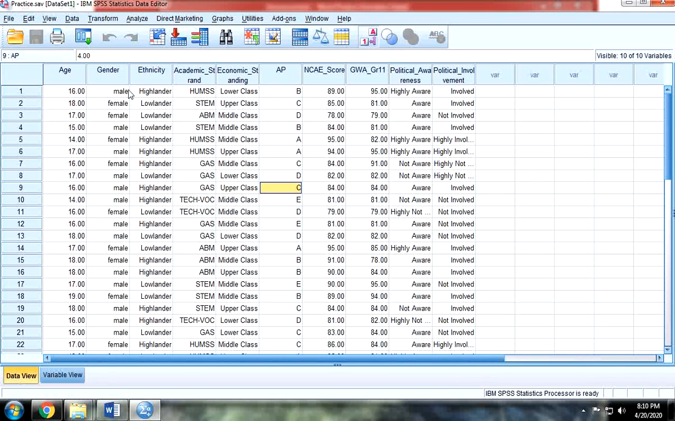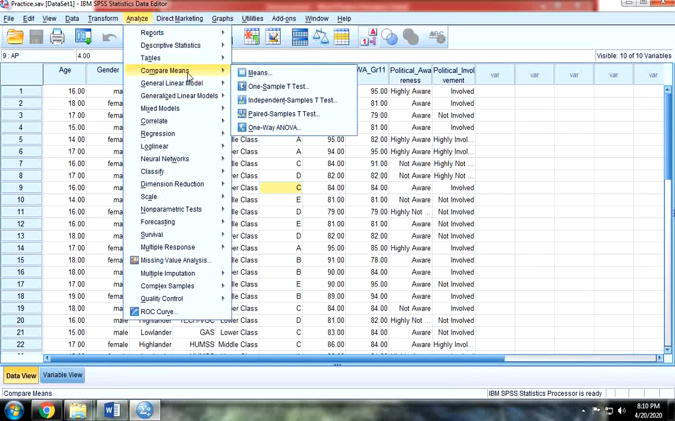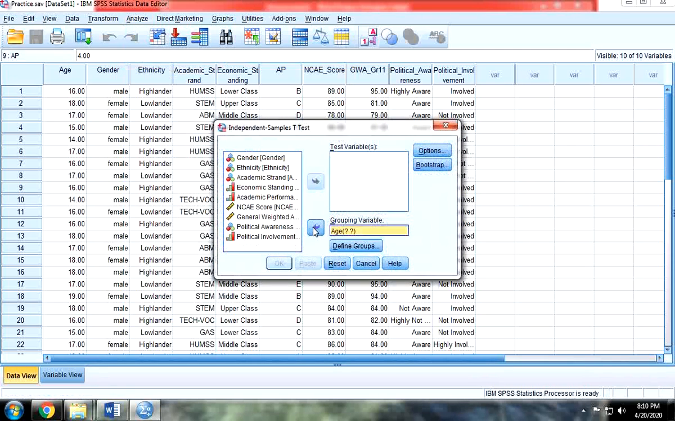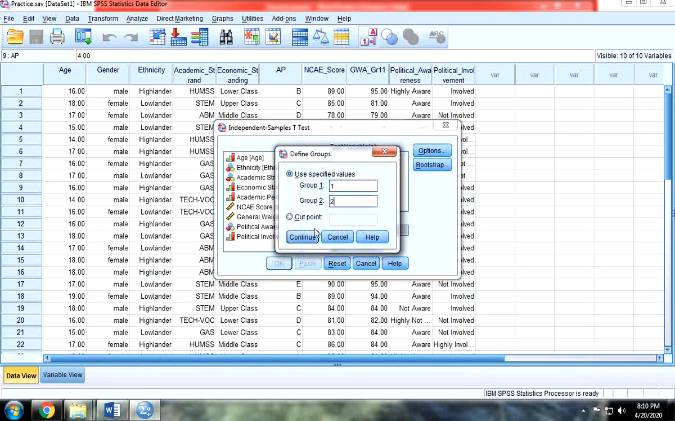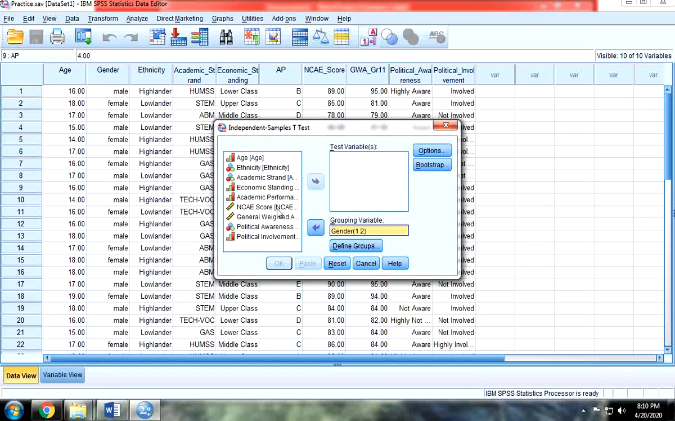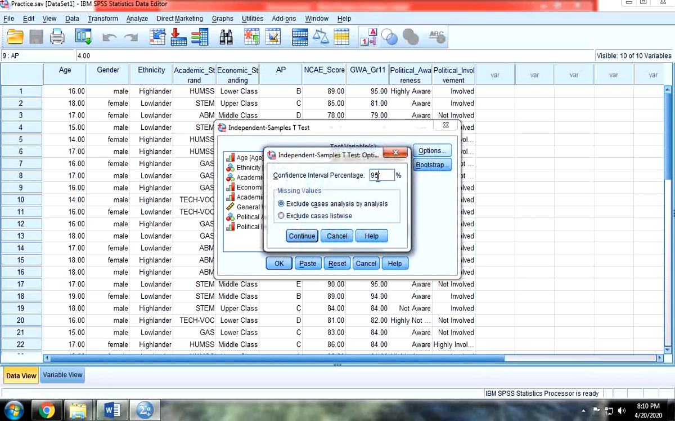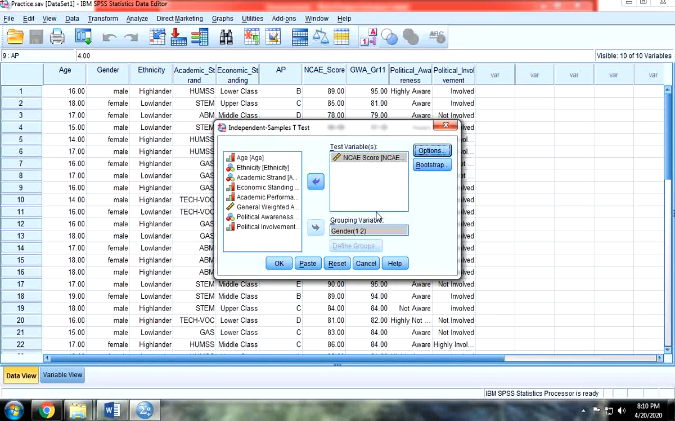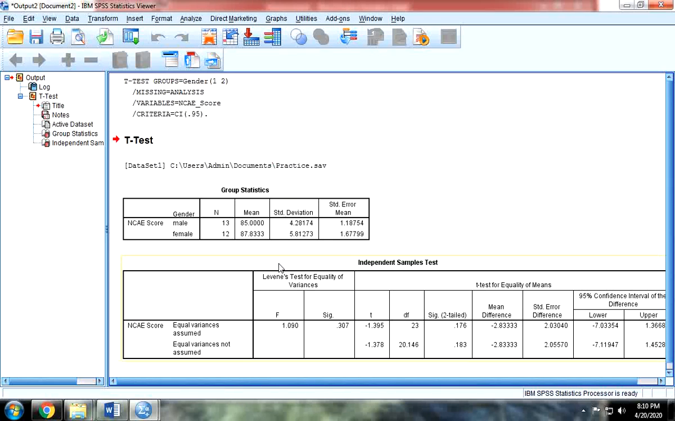So let's double check. Back to Analyze, under Compare Means, then Independent Samples t-test. Oops, go back. Gender. Let's double check 1 and 2. Continue. Then our test variable would now be your NCAI scores. This is our dependent variable. And take note, if the ruler icon appears there, that is scale. Okay? You may click Options just to make sure that it is set to a 95% confidence level. So our alpha is 0.05, the opposite of which is 95%. Then click OK. It will generate